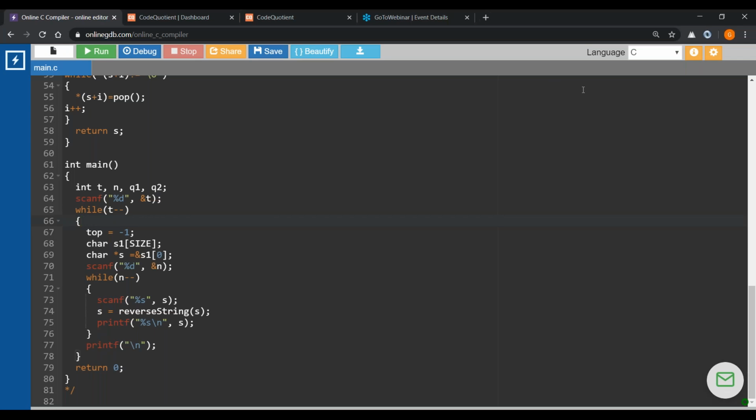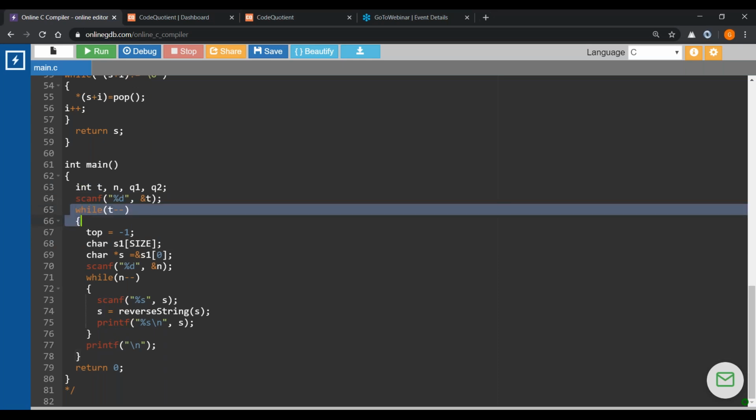I hope my online compiler screen is visible to you. In case of reversing a string, the first thing is we have to accept the number of test cases. That is pretty much easy.